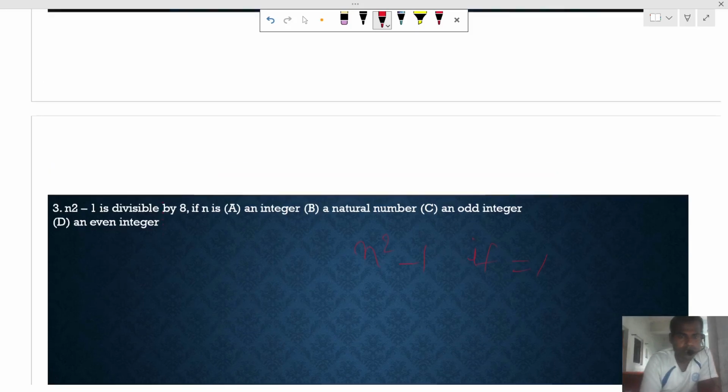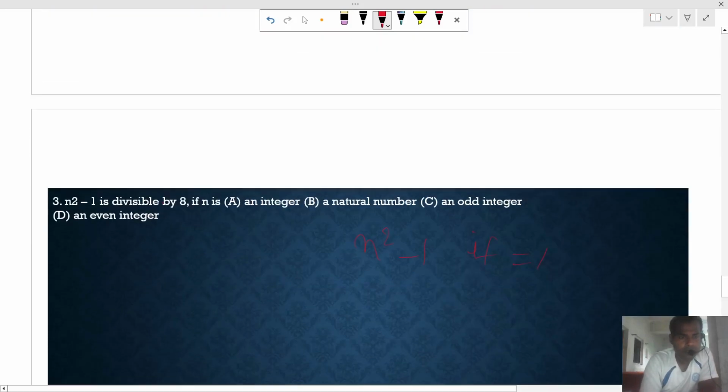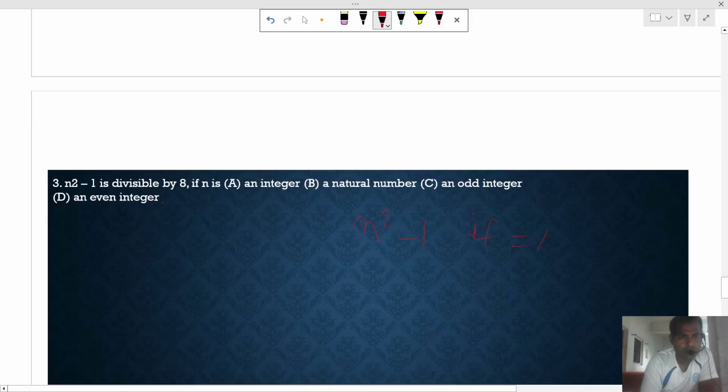So I think there is some mistake. Okay, if we put 1, the answer will be 0, that is divisible by 8. If we put 2, the answer will be